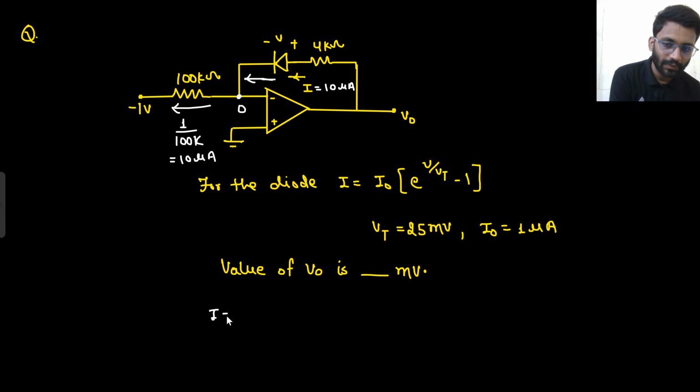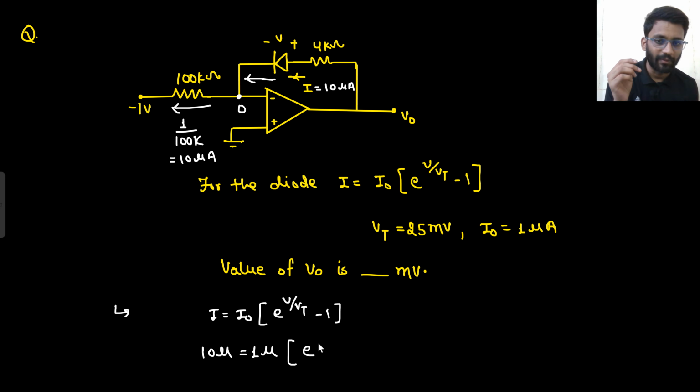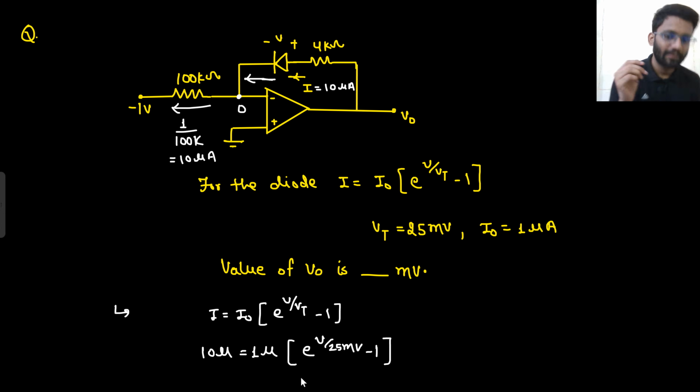I is equal to I naught e to the power V upon Vt minus 1. The I value is 10 micro. I naught is called the reverse saturation current, which is 1 micro. E to the power V, I don't know how much voltage drop it will give me, divided by Vt. Vt is 25 millivolt. Minus 1. Well and good. So what I am getting here is that my V value is 25 millivolt